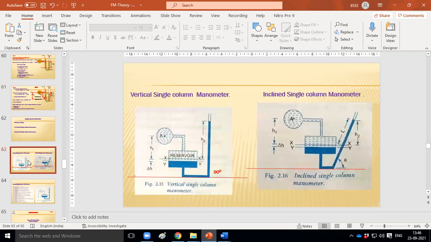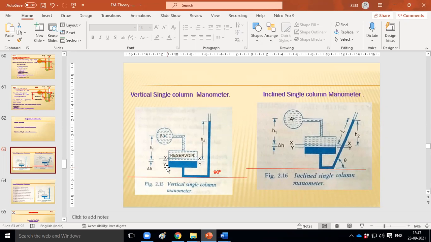But in this case, can you tell me whether the cross section area of the reservoir and the cross section area of the tube are the same or different? Different. Therefore, the level of mercury going up as well as going down is different, obviously. Even if 1 mm of mercury goes down in the reservoir,